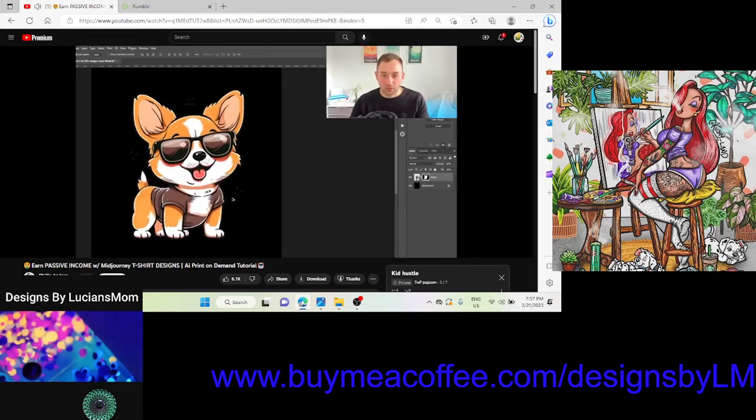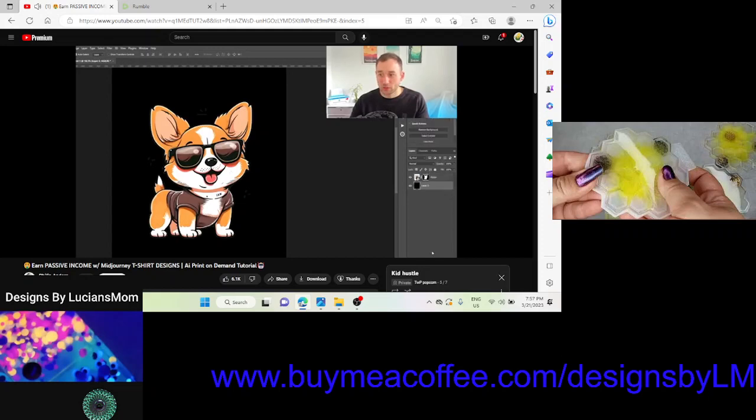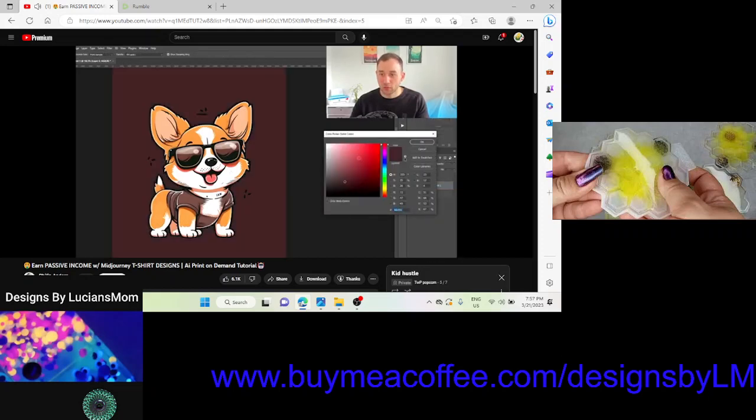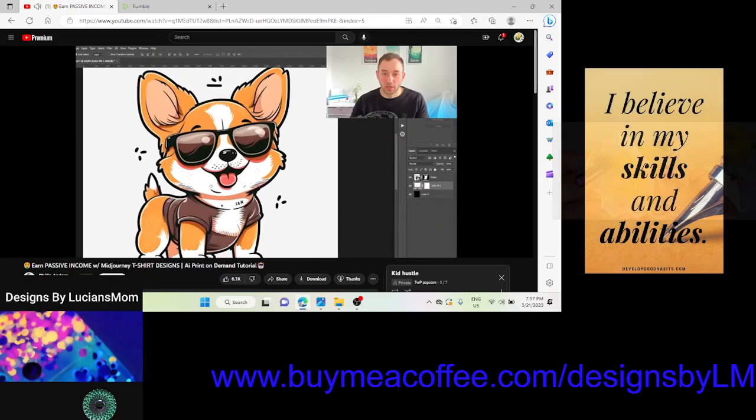As you can see, there's still a few objects that are sort of floating around the dog. You could leave them there if you wanted to. Let's just add a background color so we can see what's going on. You could leave them there technically. They do look quite cool, but oftentimes with AI artwork, they're sort of random objects that you might actually want